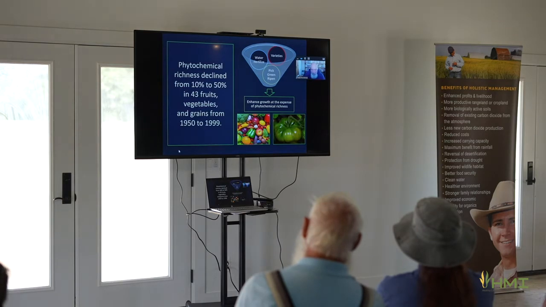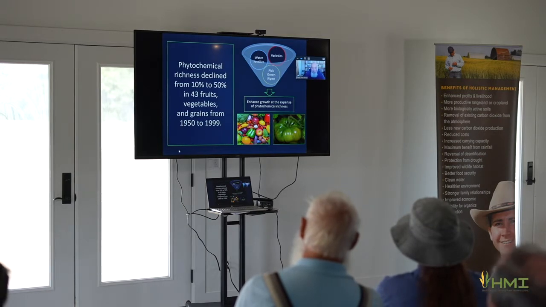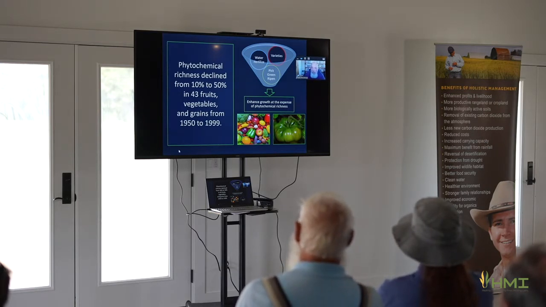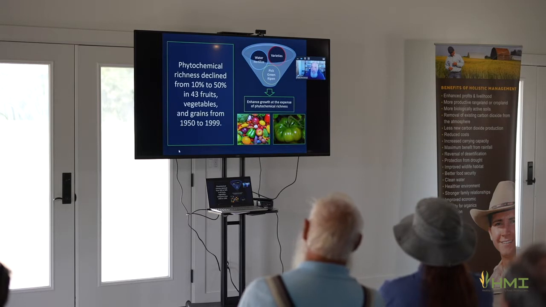It's been really well documented in the scientific literature that the nutrient density and what I'll refer to as the phytochemical richness, all these other compounds that plants produce, and I'll talk about a little bit, we know they've declined during the last 70 years, and that's a result of the varieties that we've selected for, the ways that we grow them with water and fertilizer, and then the ways that we'll often pick